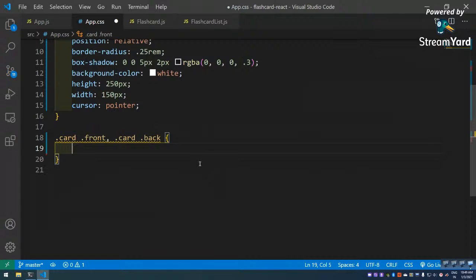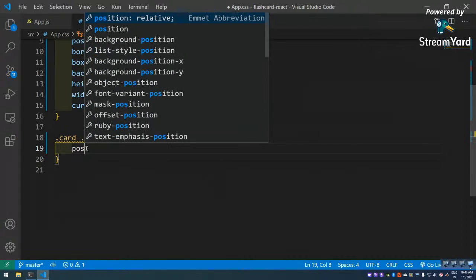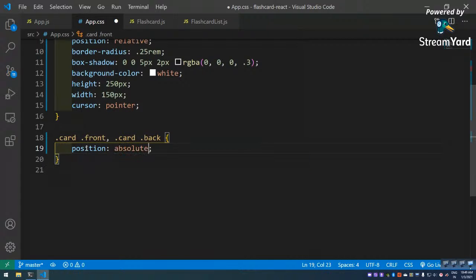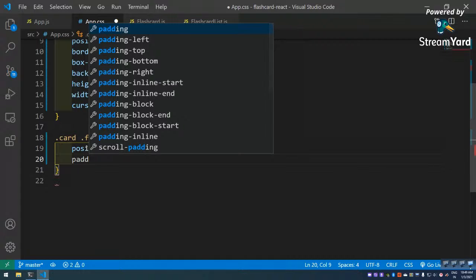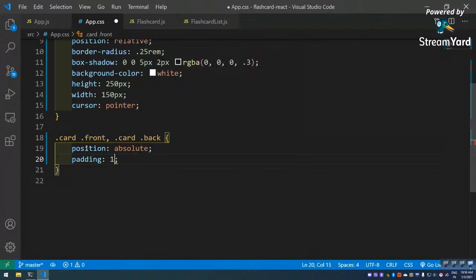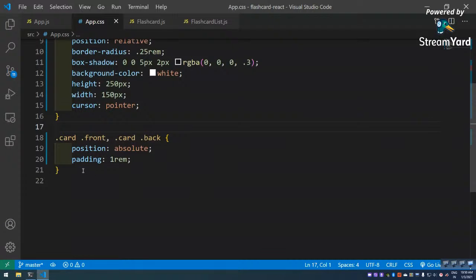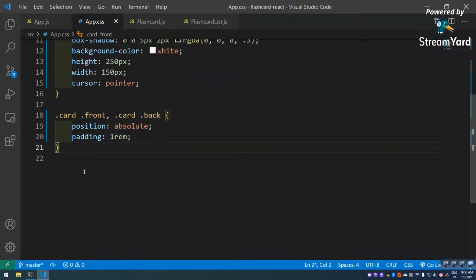So we are targeting the front and the back, and we will give position absolute, the container, and padding of 1 rem. Okay, so this we have given. So now the cool padding has occurred, and now one thing we are going to do,